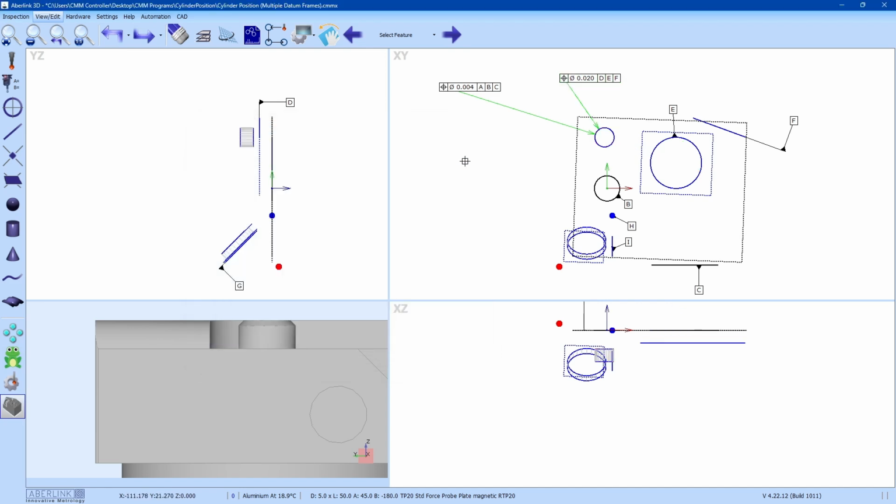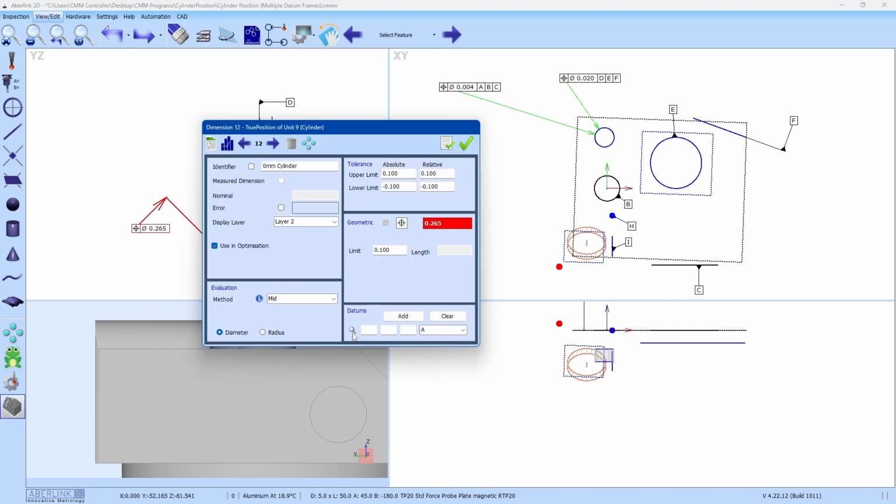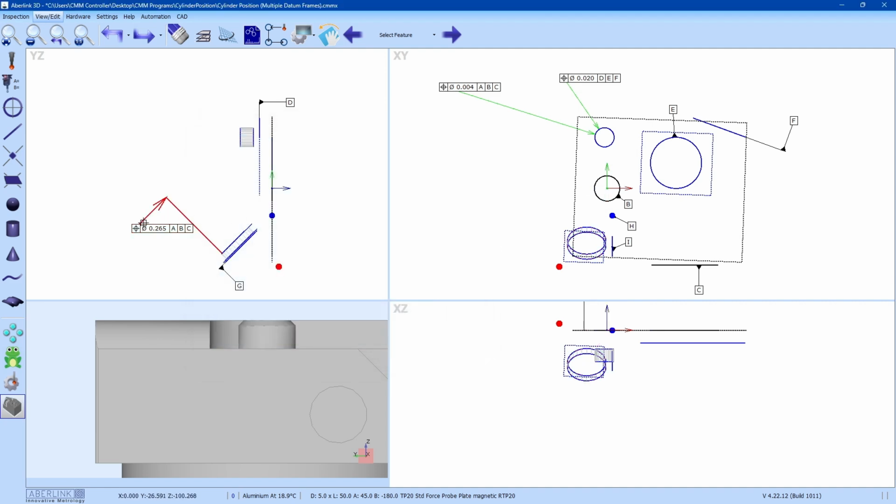Now these are relatively simple setups because they're just straight down, but we can utilize a different example. So on this one, I've got the 45-degree cylinder and I'm going to apply it through the ABC system, but also through G, H and I, which are a completely different coordinate system. So dimension the cylinder as normal. Again, right click, choose position. So that will give us our position call out. Again, this is using the reference system, but we can apply A, B and C. Again, it doesn't change because A, B and C are the actual reference system.